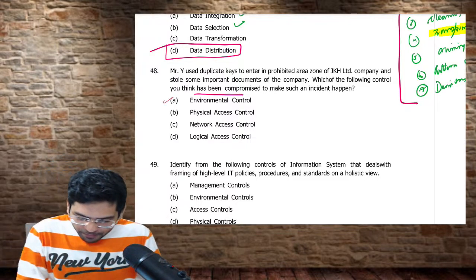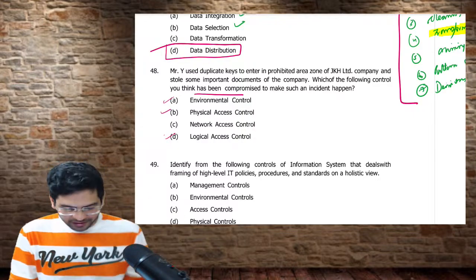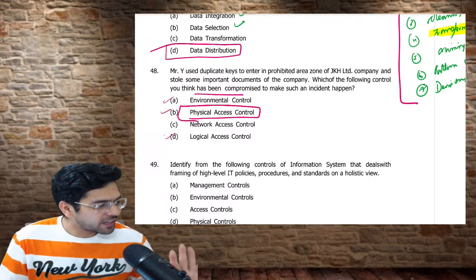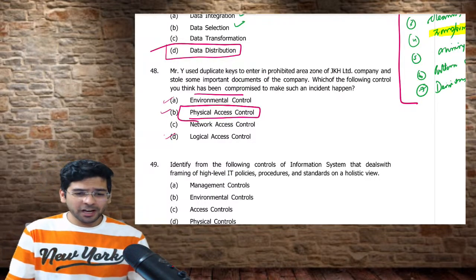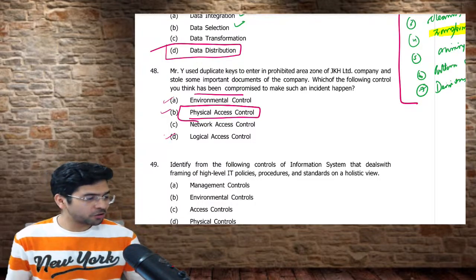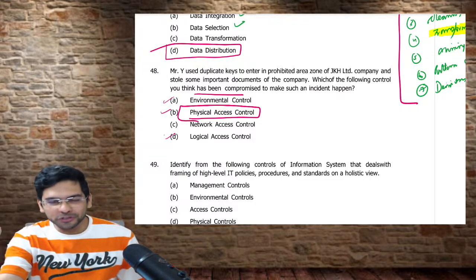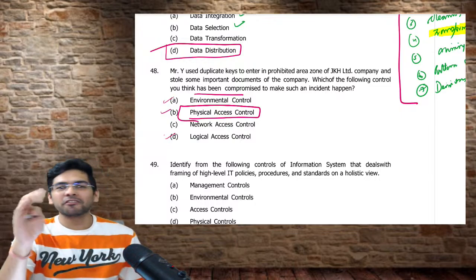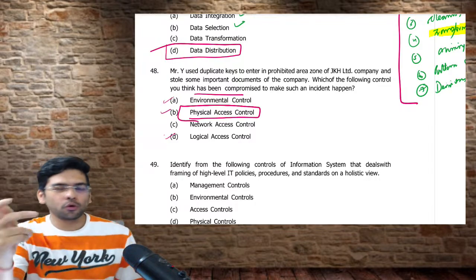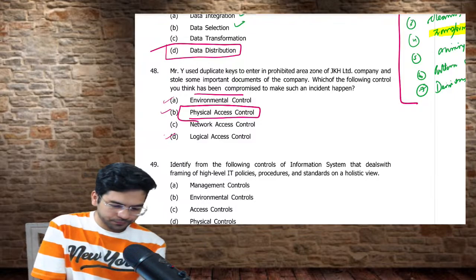So we have environmental control, physical access, network, and logical. I hope all of you know this. Yes, the answer will be physical access control. Now under physical access control, guys, there's a topic that we have to have proper lock on doors. Can you tell me four different types of locks on doors? We have cipher lock, bolting door locks, electronic door locks, and biometric door locks. Those doors can be implemented for better security.